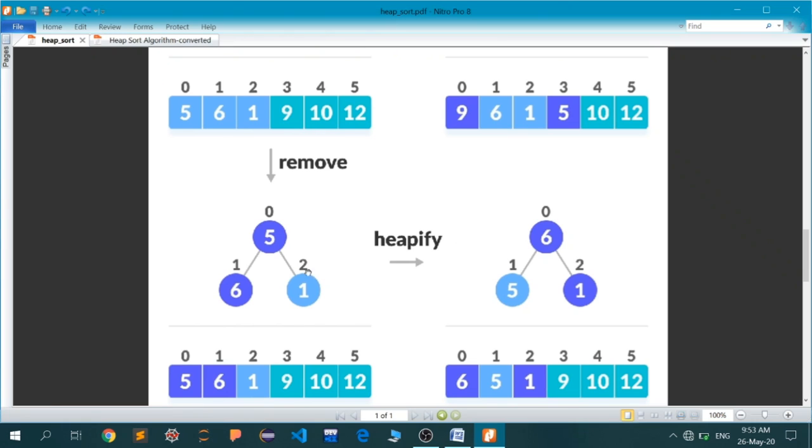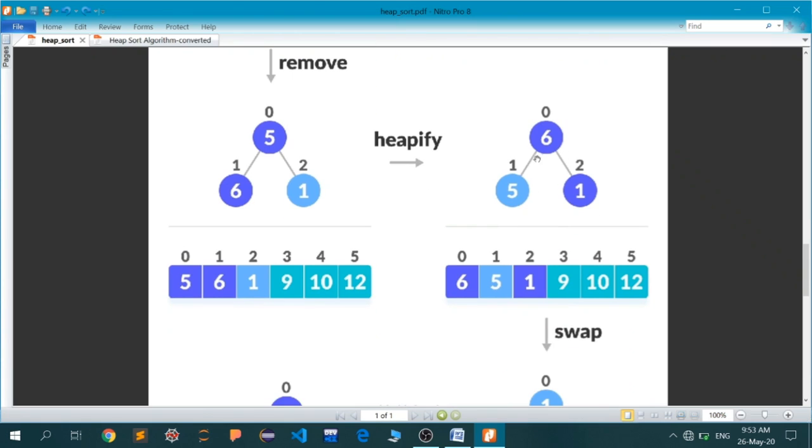The heapify function will place the maximum element at the top, at the root, which is done here. Now I have to remove this. Or you can say it's going to swap its place with the last element of the array, which is actually 1 now. So 6 will replace its value with 1, and 1 will replace its value with 6.